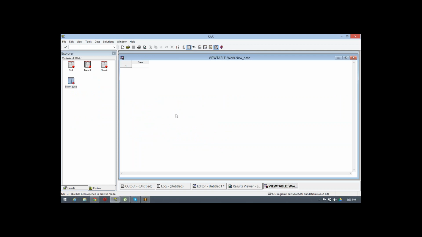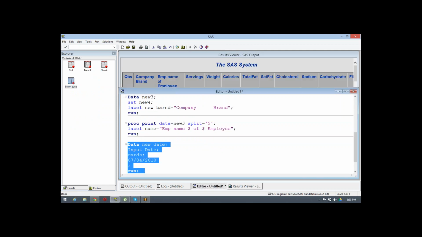We will not be able to read this particular date, correct? And I wanted this date to be numeric only, so we first need to apply an informat to tell SAS to read it back in the format I want.